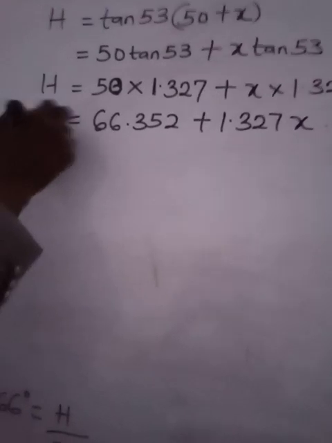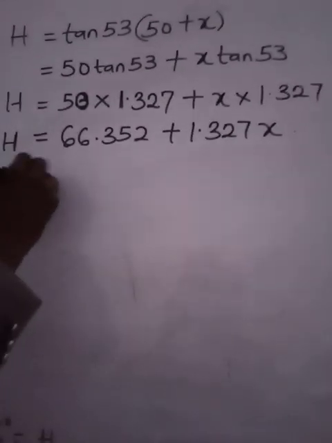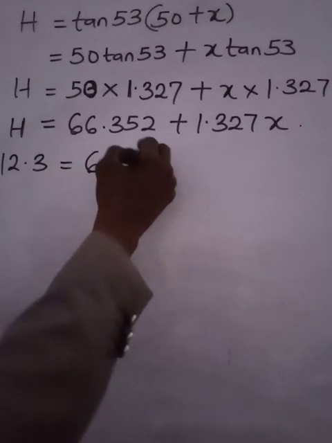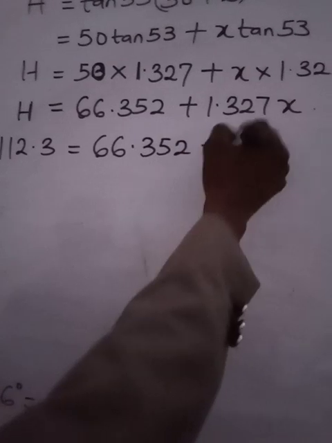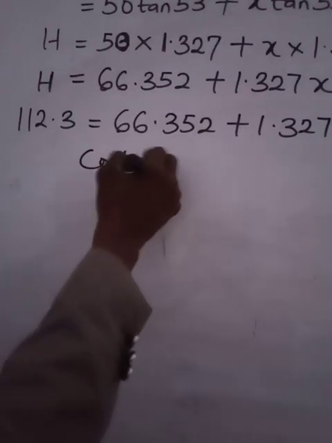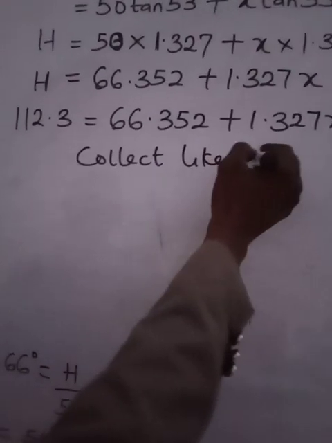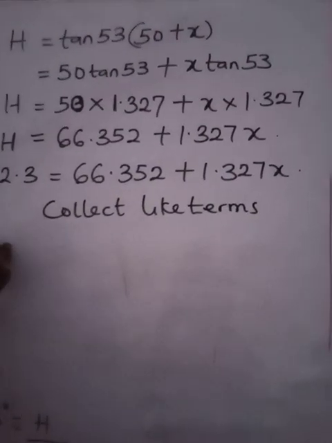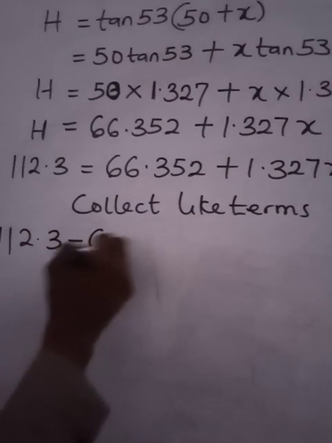That is h. And we have got our h before. The h from the first one is 112.3. That will be 66.352 plus 1.327x. So when you collect like terms, so you have 112.3 minus